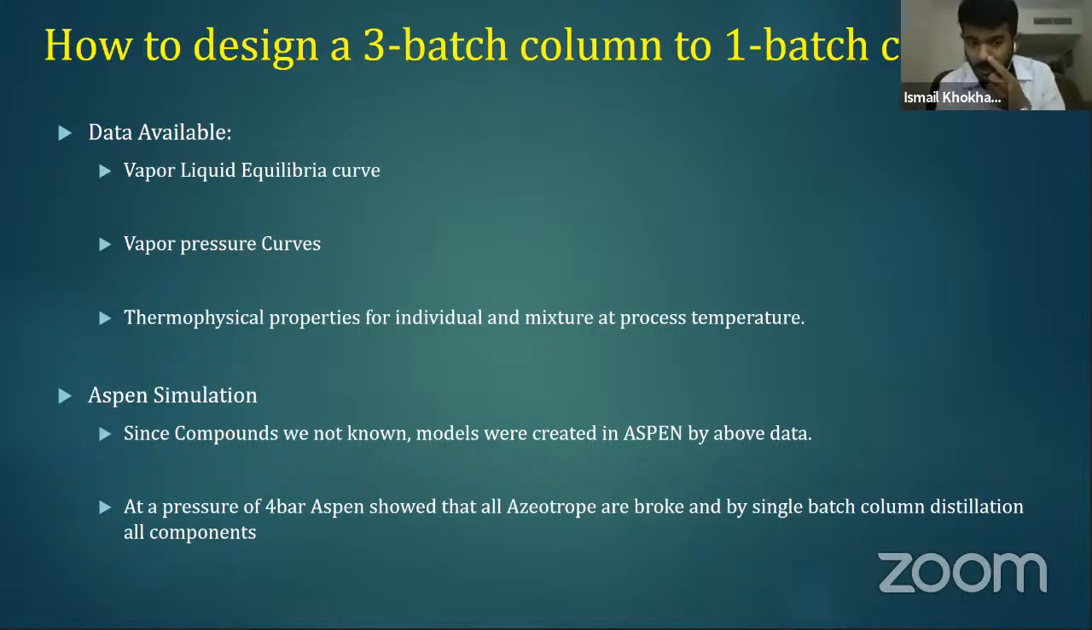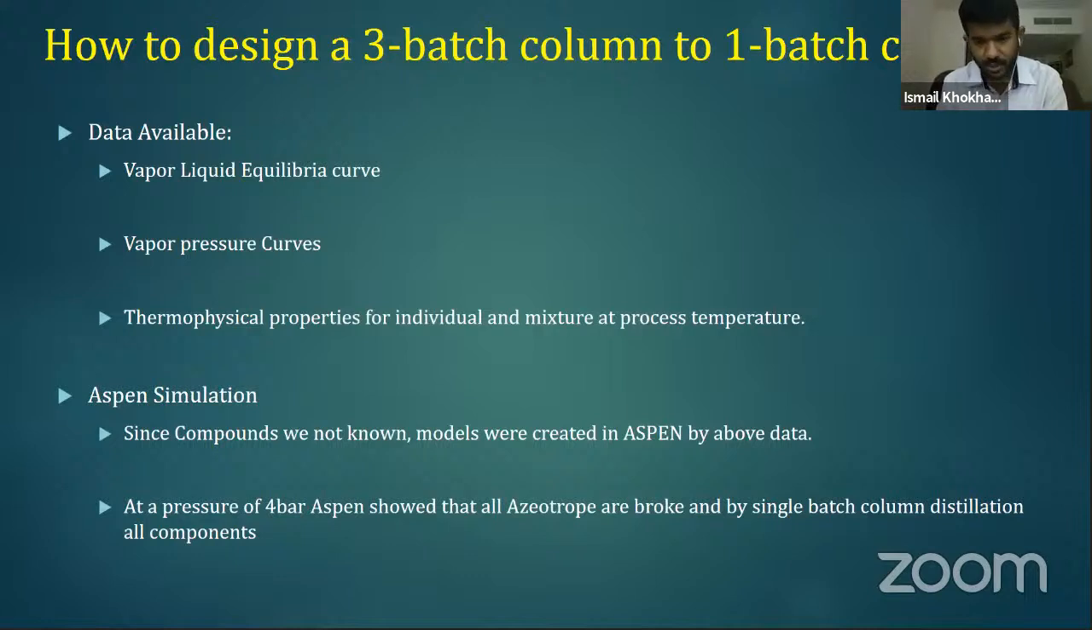So how to evaluate whether the model generated in Aspen from our physical data was correct or not? The initial idea comes when you generate the vapor pressure curve in Aspen. You make sure that the vapor pressure curve generated by Aspen and the vapor pressure curve available with you, which you have done experimentally, should match. If it matches, it means that the model is being made properly in Aspen. So we were lucky enough that